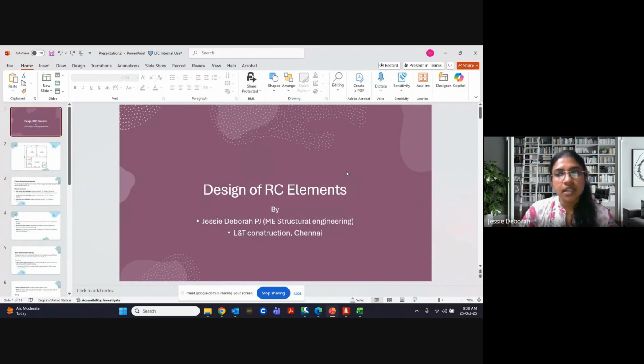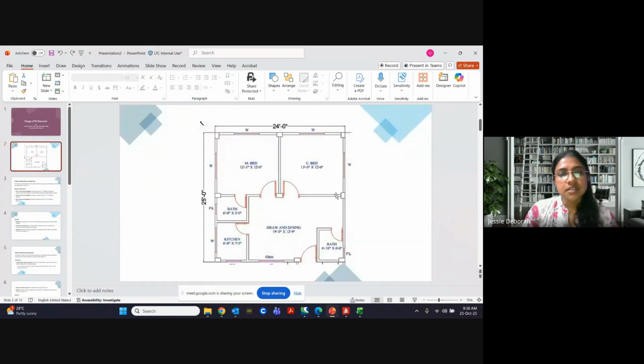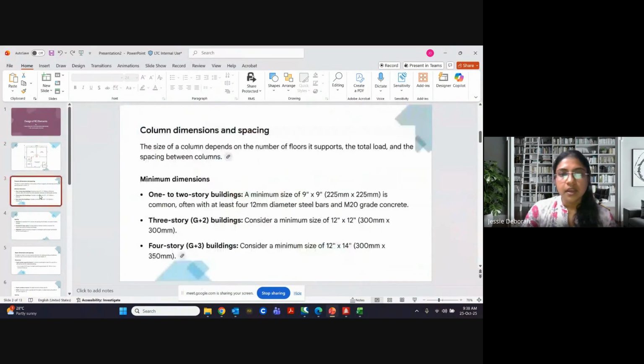Okay. So what are the considerations that we are going to make before modeling on STAAD? That is what we're going to see today, and I'll be modeling one entire small structure for you on STAAD to show how we do it. So this is the plan of our structure that we are going to model on STAAD. It's just going to be a basic two-bedroom house that we'll be modeling. This is just a ground floor plan. Right. So now on STAAD, how are we going to do it?